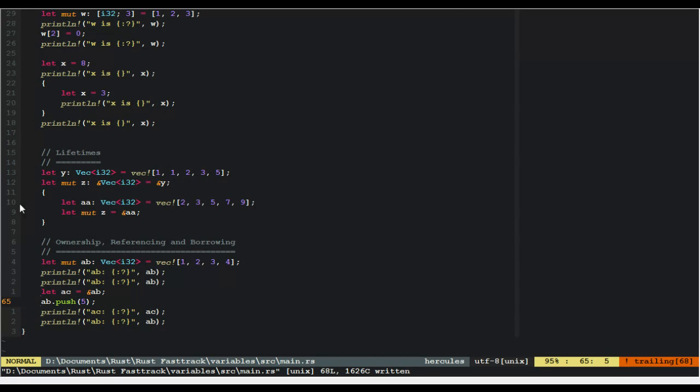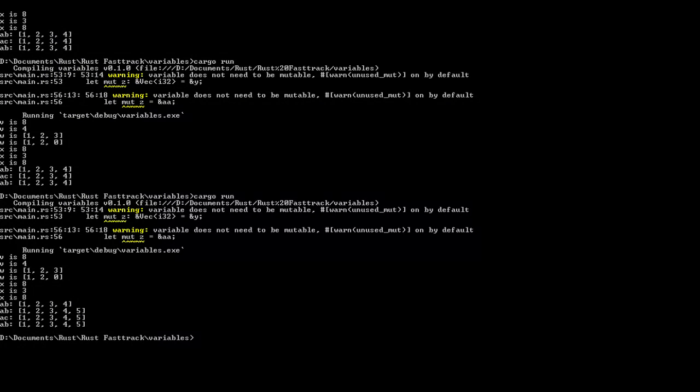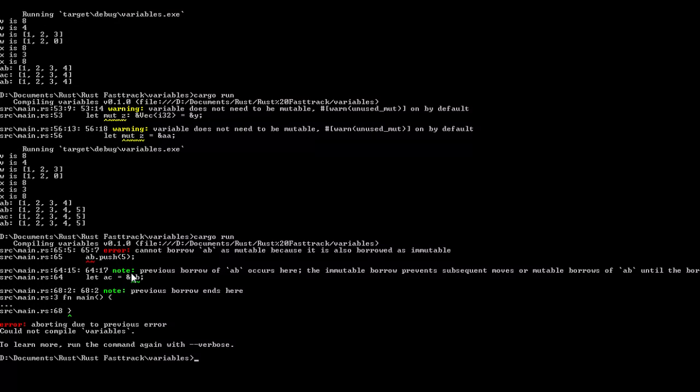Now this is where you can see what AC actually does. So let us go back here and we will do cargo run and we get an error. And that is what makes this so powerful. Now what it says is cannot borrow AB as mutable because it is borrowed as immutable. What this means is